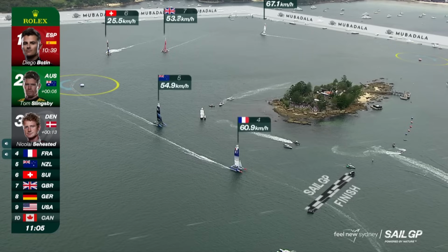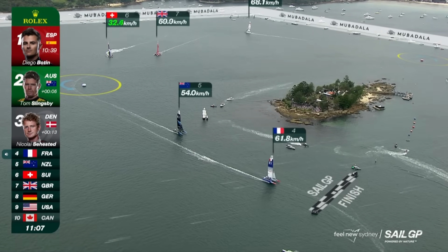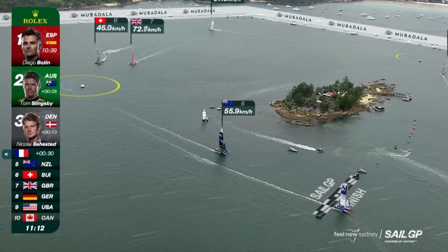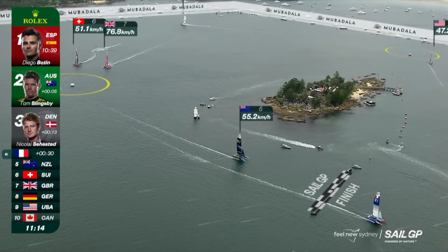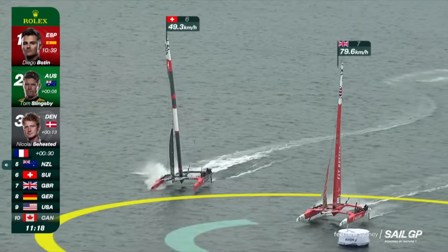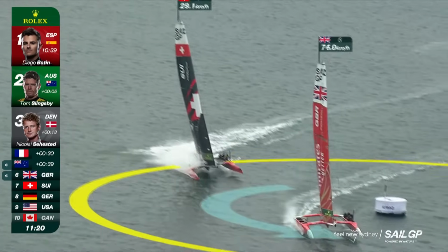They fall off the foils in a straight line. Big error by the young Swiss crew, and now can they re-accelerate and hold off the late charging British? They've dropped back from 2nd all the way back to 7th, but it looks like Great Britain might sneak. It's another big moment on board the Swiss boat. Wow,